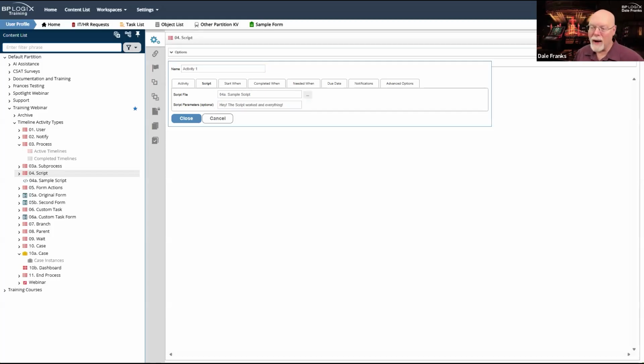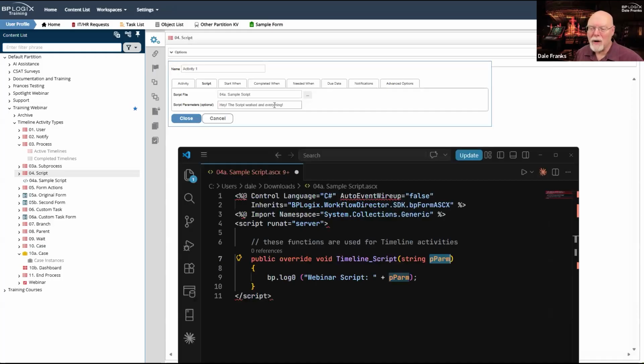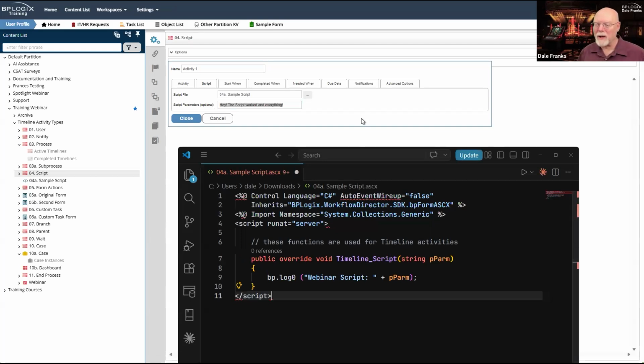My actual script only takes one parameter called pparm, and whatever I pass here in my script parameters, which in that case is this text, Hey, the script worked and everything, that will be the parameter that gets passed as pparm.